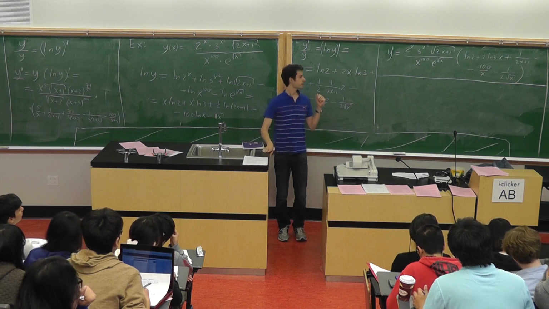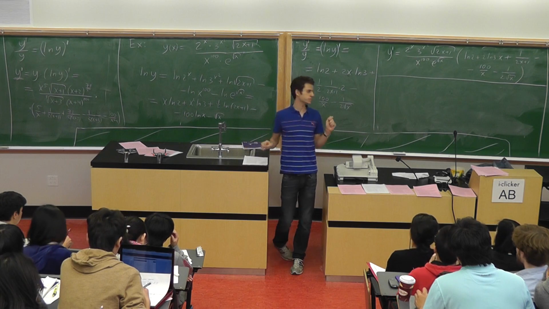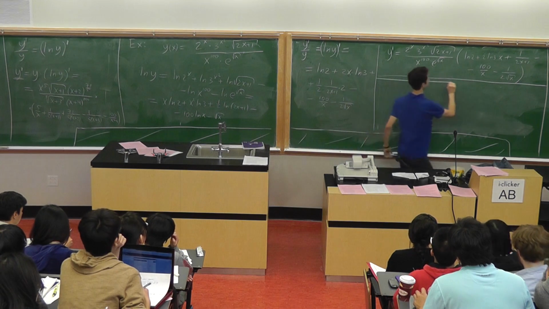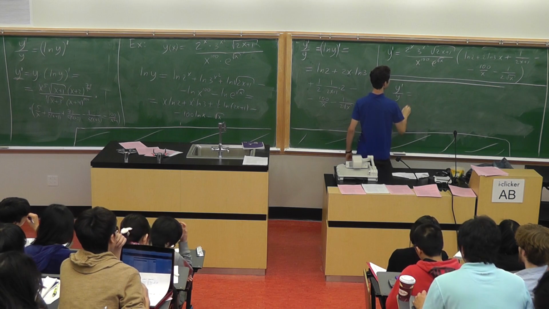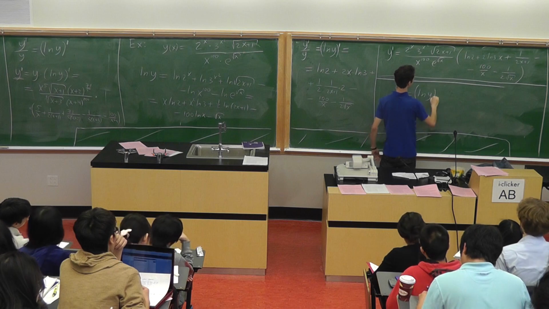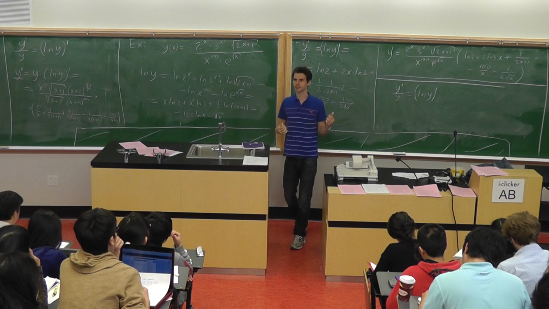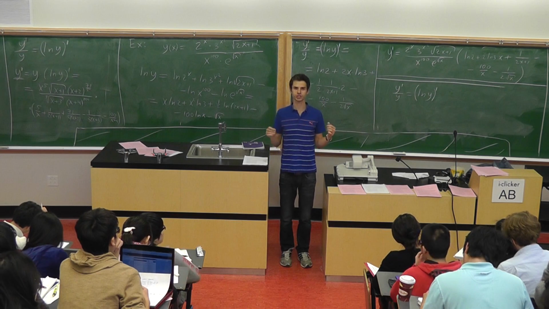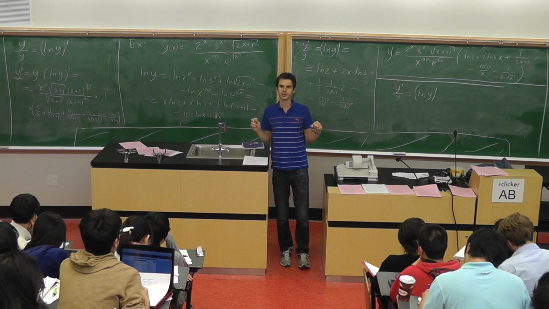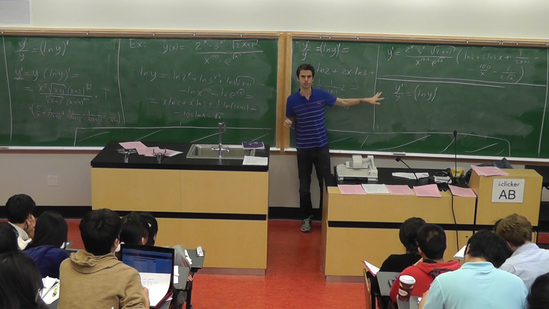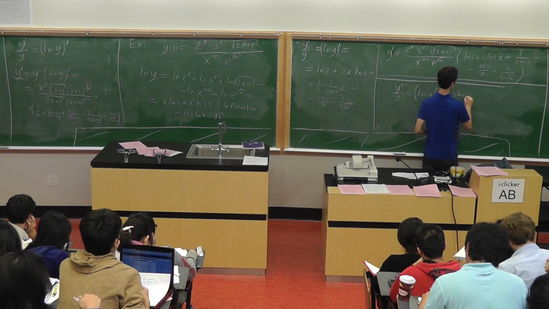So the essence of the method, the essence of this logarithmic differentiation, is this trick. It's about this formula: y prime over y is in fact the derivative of the logarithm. But that's only one part. The second part is that the logarithm of an expression that involves products, quotients, and powers is much simpler than the expression itself. So this trick should be applied